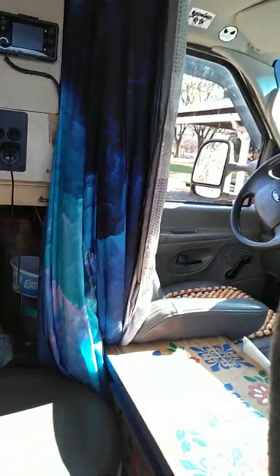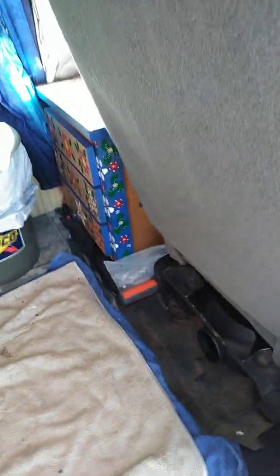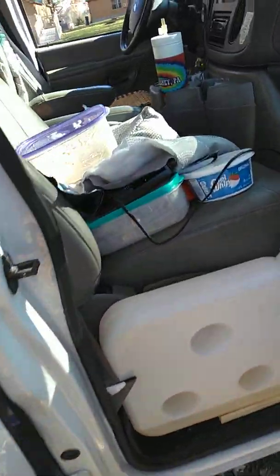And then this morning it was warm back here, but when I pulled the curtain, stuck my hand up under the curtain, because I had to cut the curtain so that it stays up here, I had to cut it across, I reached my hand up front, and up front in the cab was cold, but all the heat in the back, it was beautiful. So